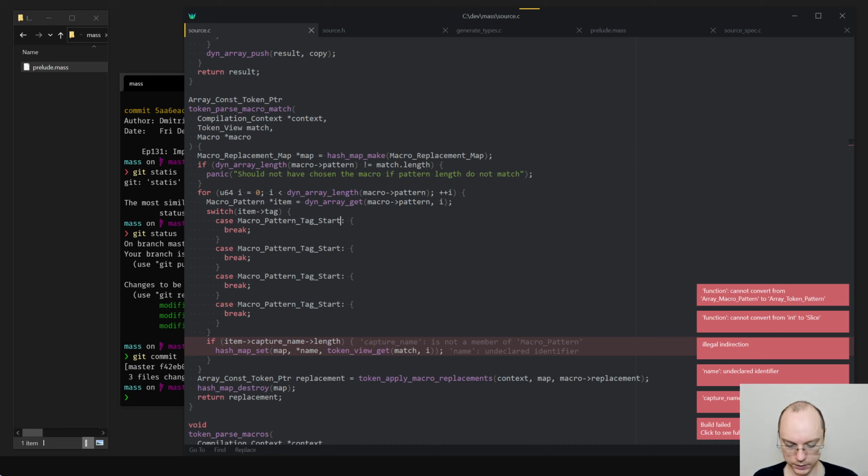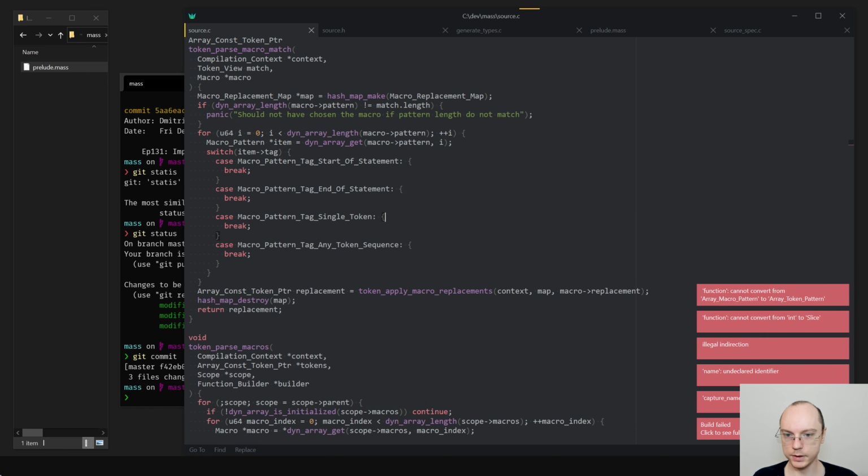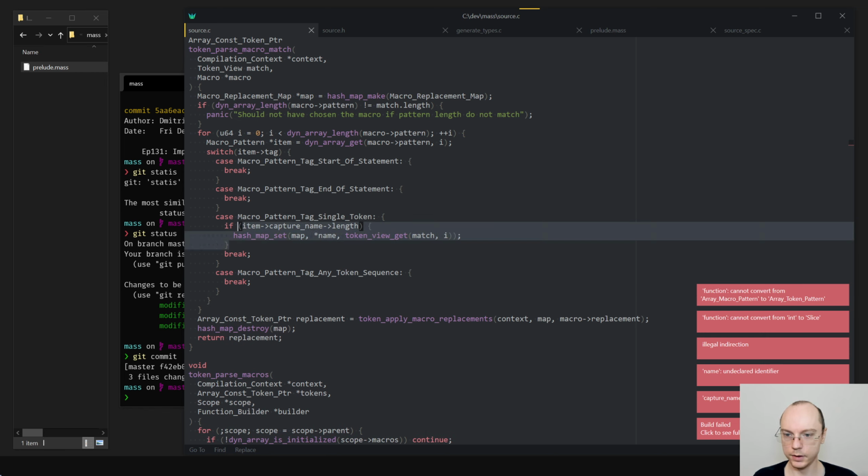So start of statement, end of statement, single token and any token sequence. And this goes inside of here.